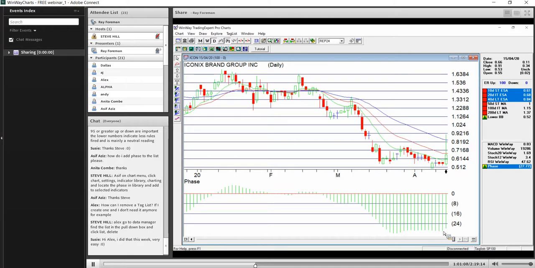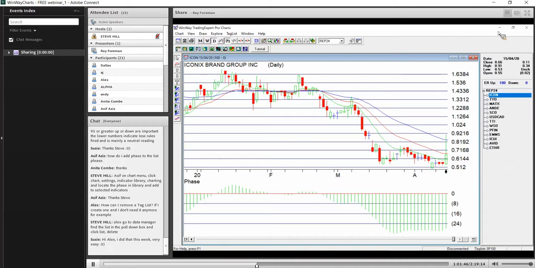Now this at the moment is a confirmed uptick of 100 because the phase has changed. It was going down and it's now flipped up. So we can say that that is a confirmed expert rating, and we can watch that over the next couple of days to see if that up movement does take place. Now clearly something's happened on that day, but we want to see if that's sustainable by looking at it over a couple of days. So that's expert rating,